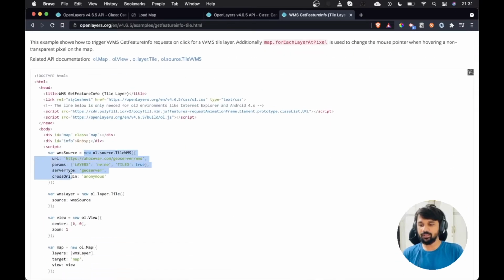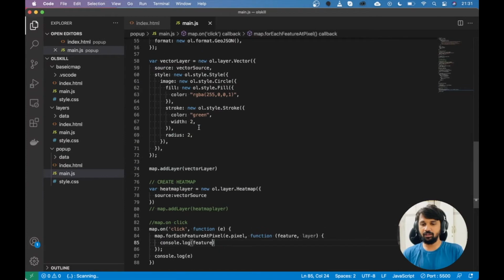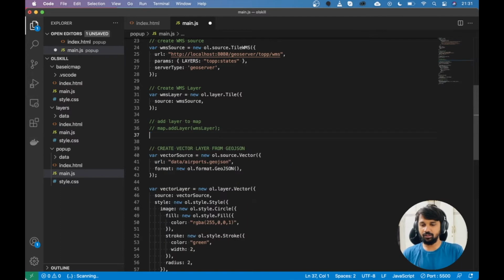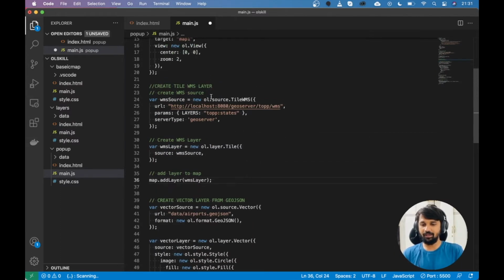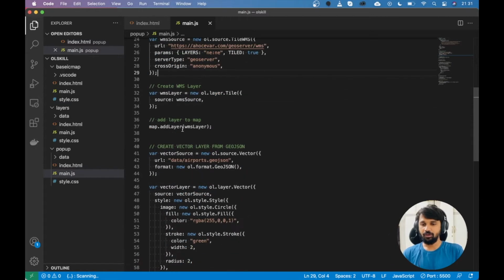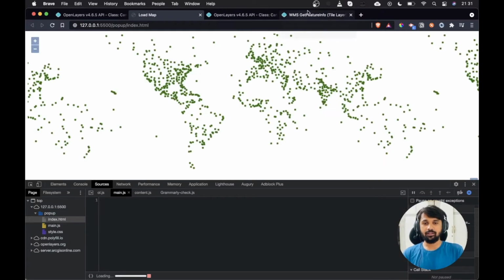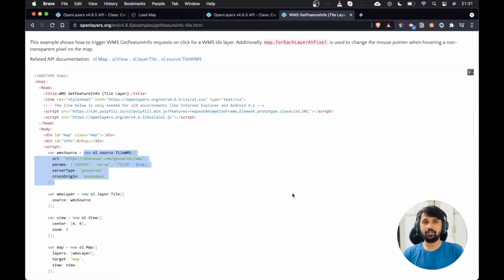So I will simply copy this layer and I will replace it with the layer that we have. So we don't need image WMS, so I will simply cut it out. I will start the tile WMS and I will replace it. Okay. Now, as we discussed, the way we will get the data is that we will first have to pass the coordinate, the resolution, and the projection system of our map, and then based on all of these values, a URL will be generated. For example, a GeoServer fetch URL will be generated, which will basically give back the data as a response.